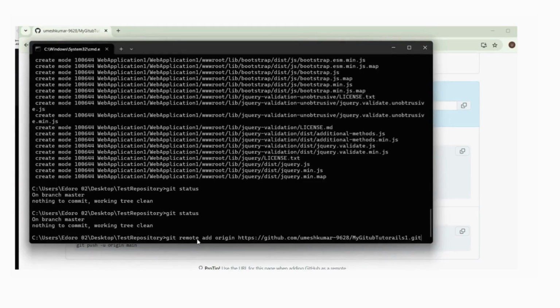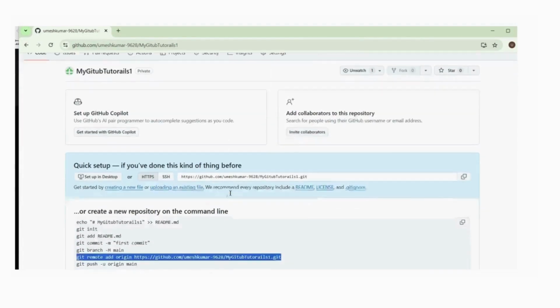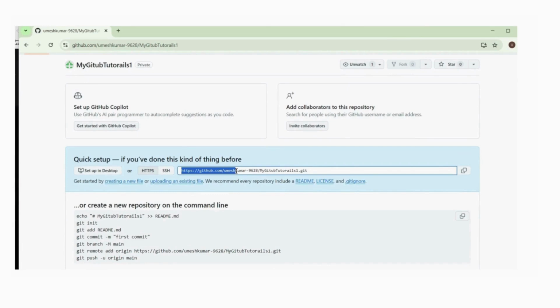Enter git remote add origin and the repository URL. You can get this repository URL from GitHub.